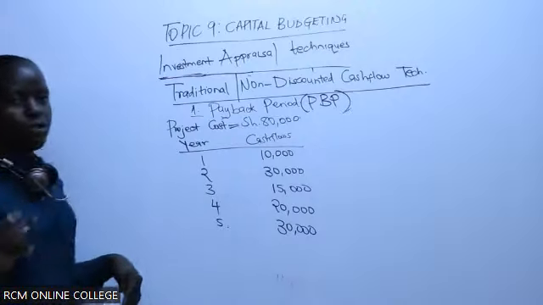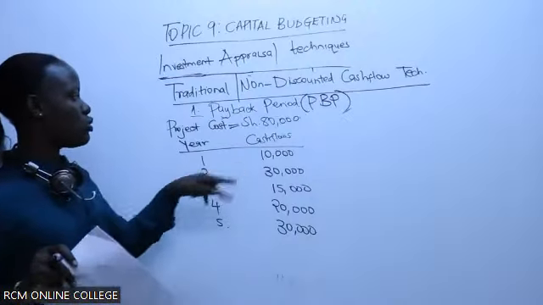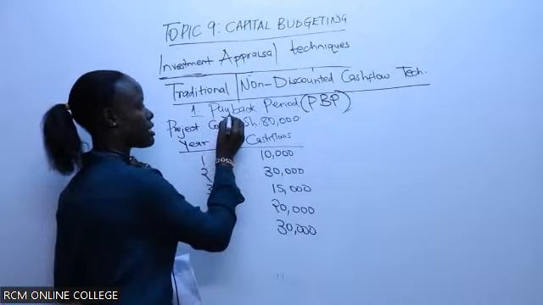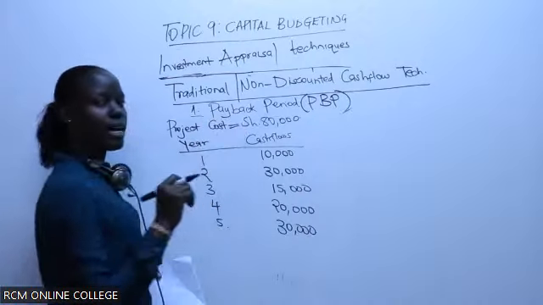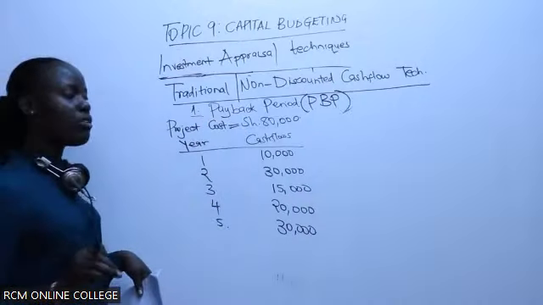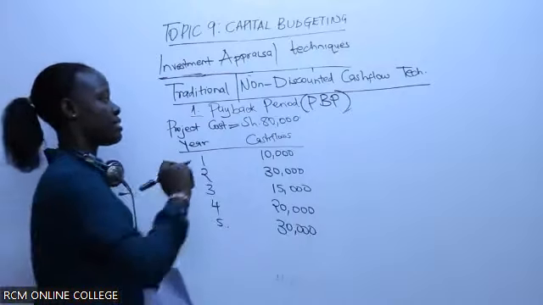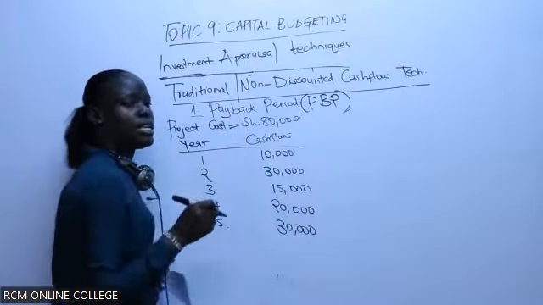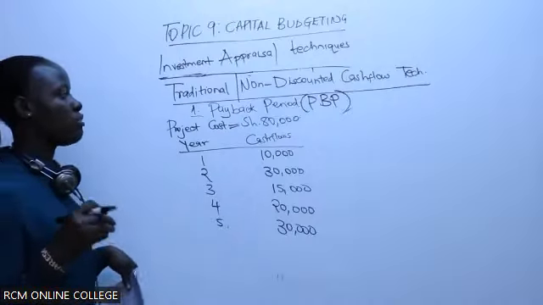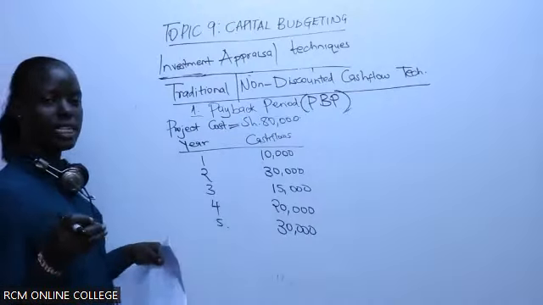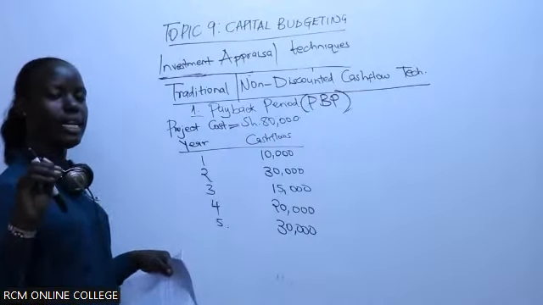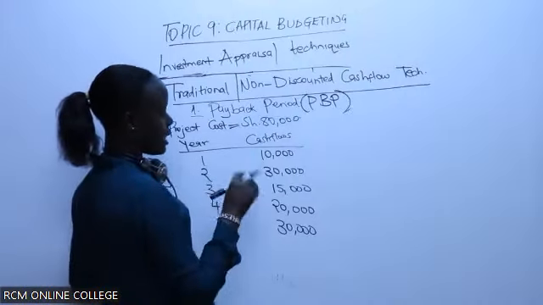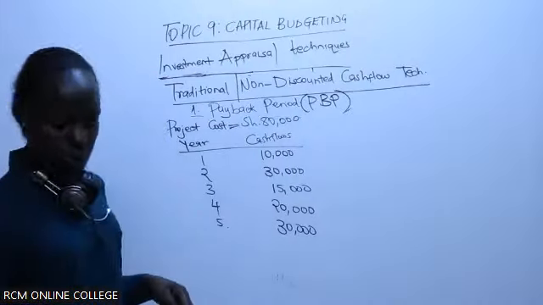So when you find such a question, remember this one wants you to find the duration it will take, and the duration is calculated through the payback period. Once you just hear of the duration it will take, that is a payback period. This is the only technique that talks of the year, the only technique that will require you to calculate the years it will take, the payback period.